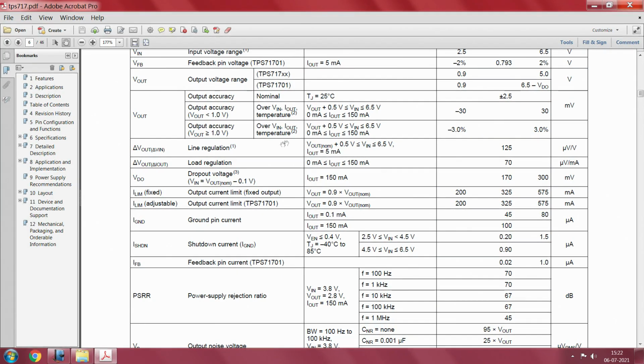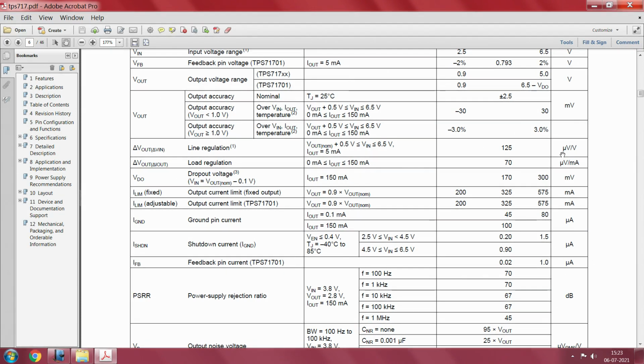Now moving on, you also see that line regulation is mentioned, load regulation is mentioned. Now look carefully: he will say delta V out in both cases, but it is delta V out over delta V in for one, and delta V out over delta I out for the other. See, load regulation is always with respect to the current, and line regulation is always with respect to the voltage. This is the key difference. How do you measure this?